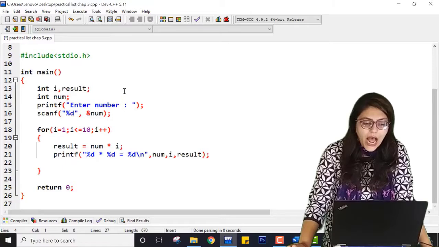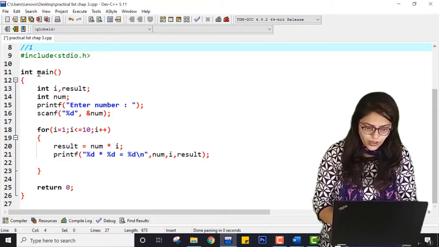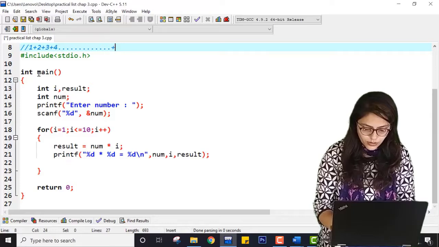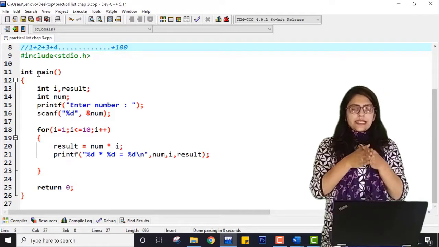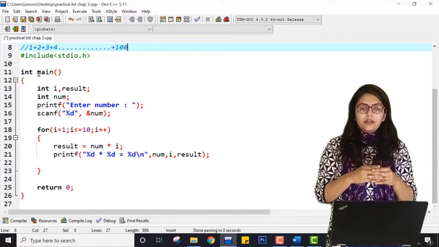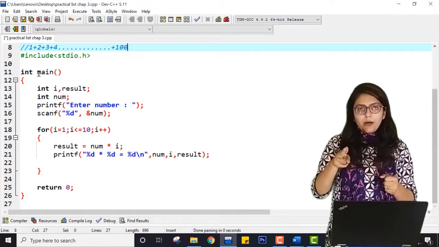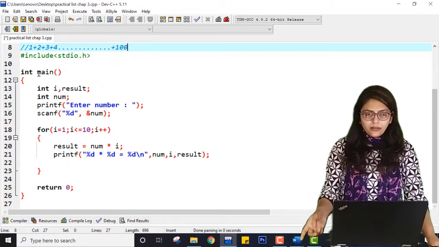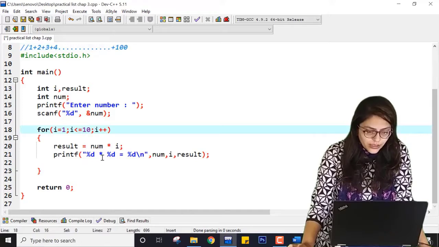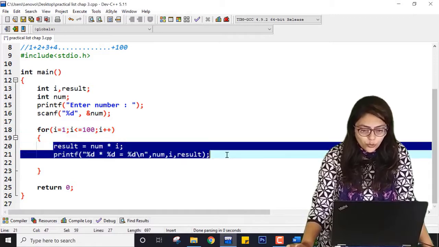So what I want to do, I want to first add what I want in this program. First I want to add 1, then 2, then 3, then 4 up to 100. Can you see which values are being added? Here, first I am starting with 1, then incrementing one value to the previous value, 2, plus the one value more than the previous value, 3, and I am going till 100. So here in this loop I am going from 1 to 100, but I am not doing this thing.